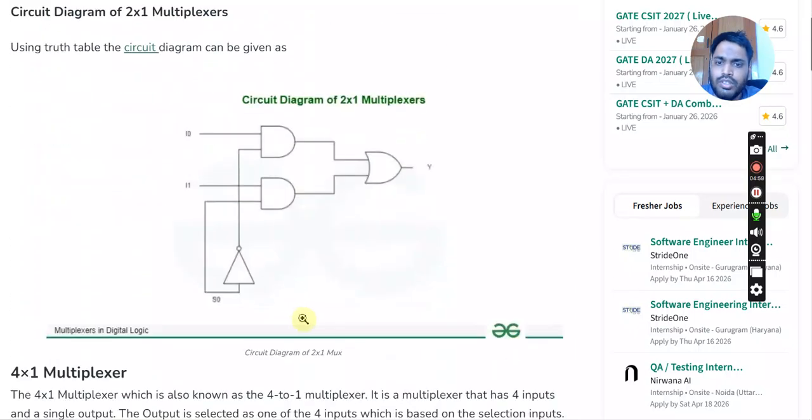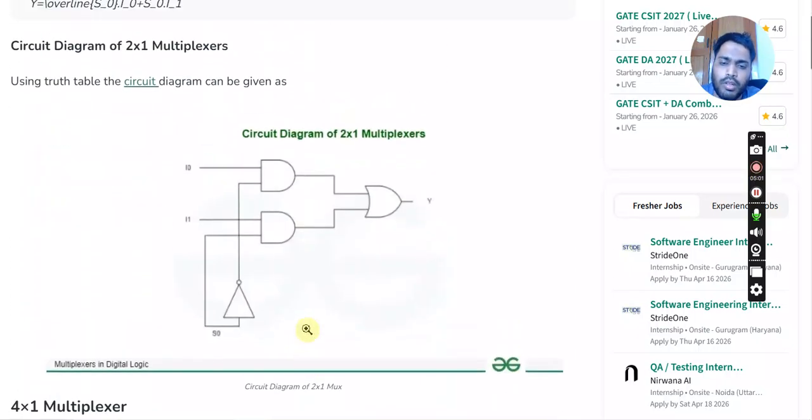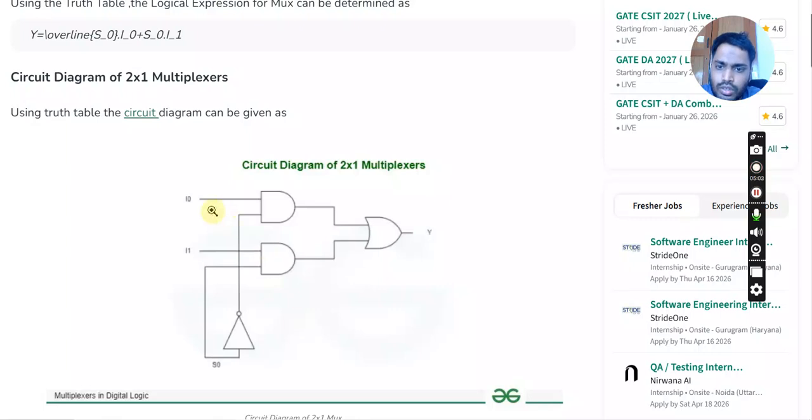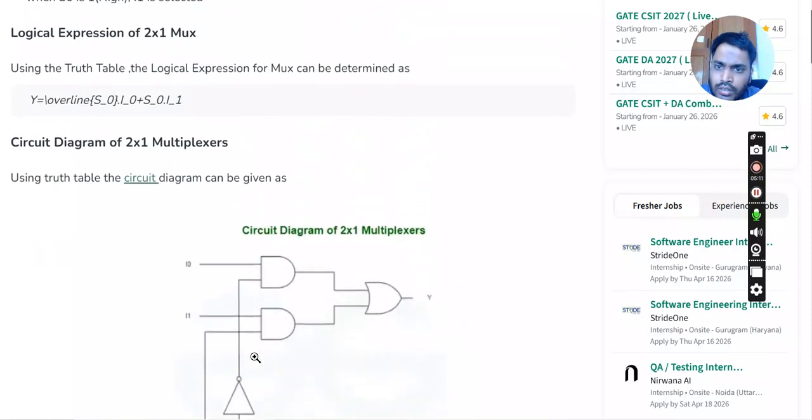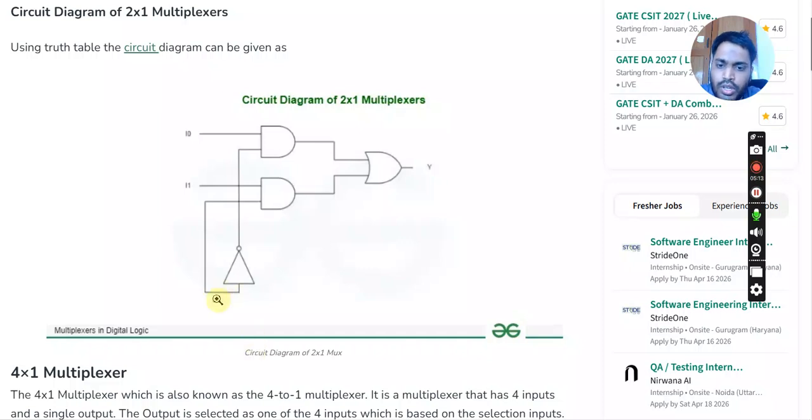So this is the circuit diagram of 2:1 multiplexer. If S0 is 0, then I0 is selected. If S0 is 1, then I1 is selected. So if here S0 is 0, so for 0,